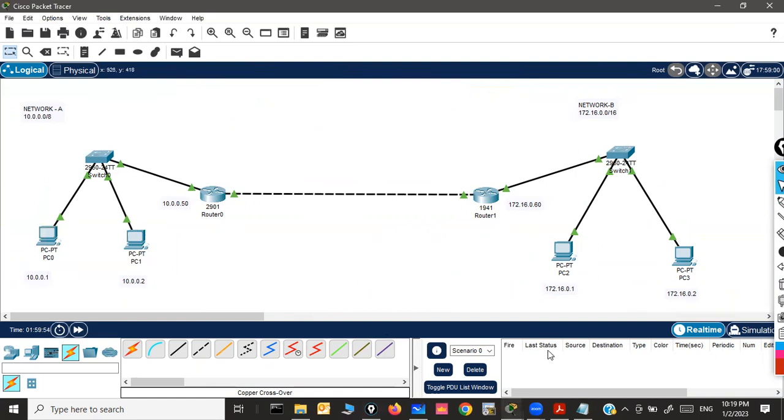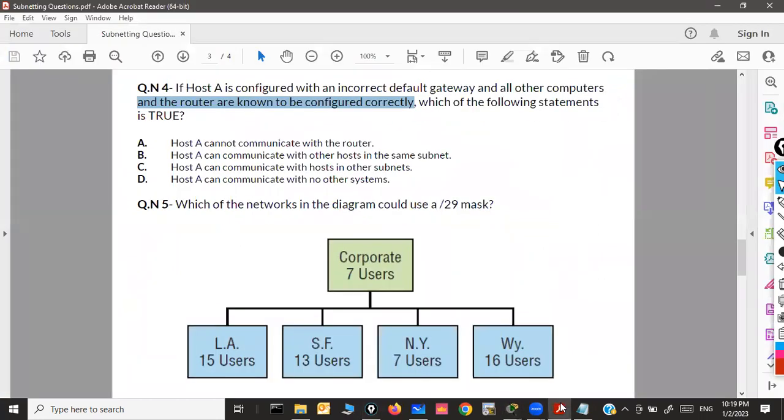So I will end today's session here. If we conclude today's class, we understood the gateway concept, what a gateway is, and we also attempted 2 or 3 important, tricky questions as a quick recap of your subnetting concept.